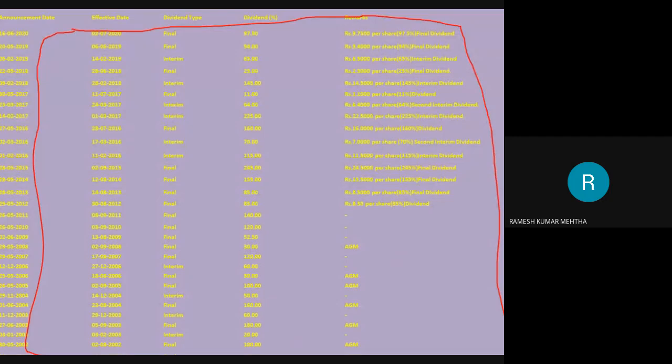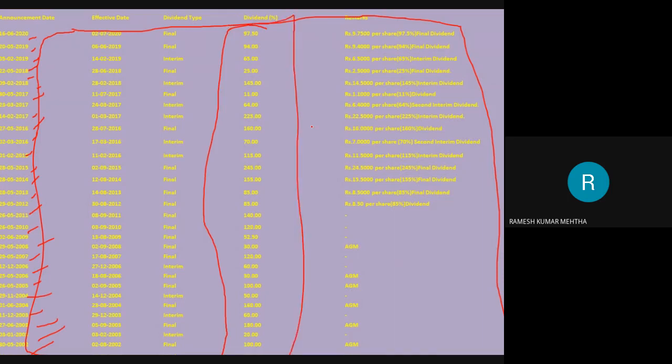Okay. For example, the data in moneycontrol.com is from 2000. So for this purpose, I have data from 2000. Every year they have declared a good amount of dividend, and the dividend runs into hundreds of rupees, and the person who has invested in 2000 has already recovered all the amount he has invested in the year 2000. So for example, if he has purchased for 100 rupees in the year 2000, now if you total all this, probably it is 200 rupees.